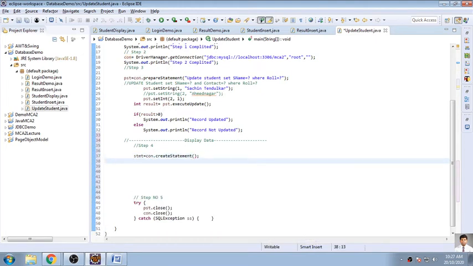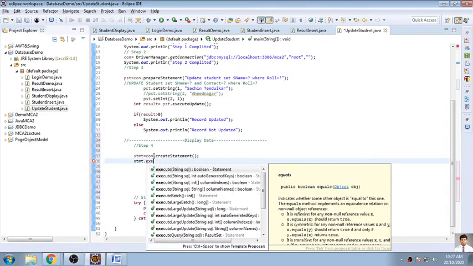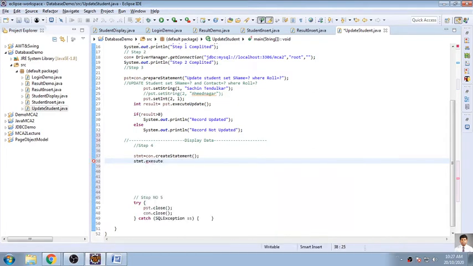Then statement dot executeQuery. And you have to give the query inside. So select star from student.